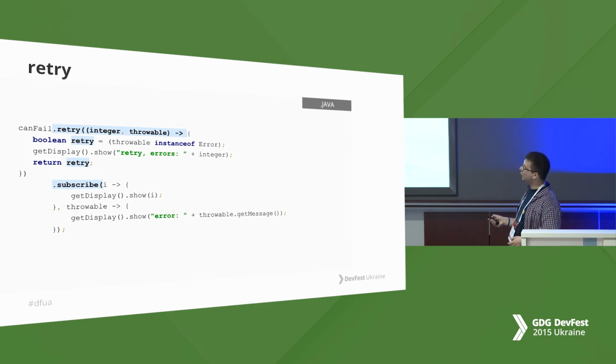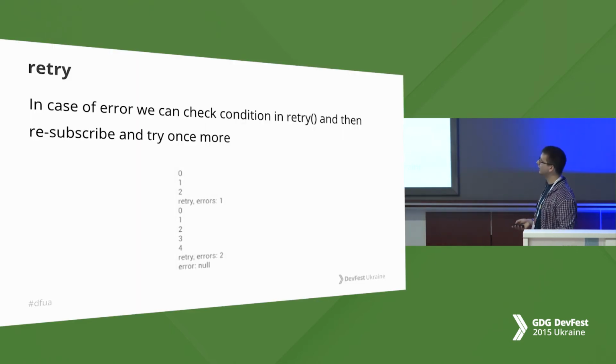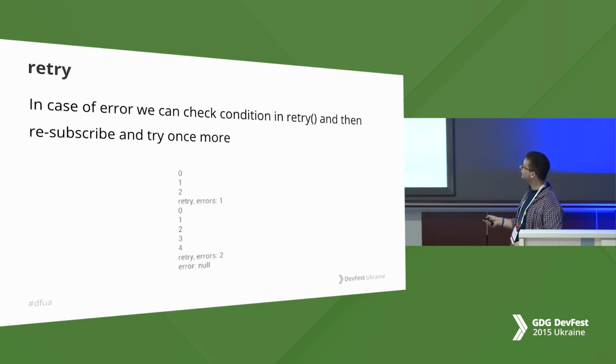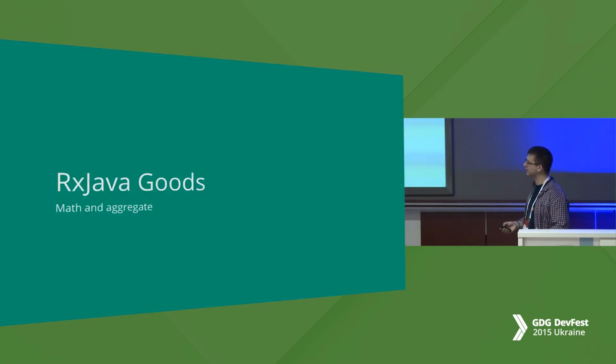Look here. We return true only when it is an error. If this logic meets a Throwable, it will fail. It will not retry. So we can control the flow of even error handling. And here you see an example of what happens on the third error. We see an error, first retry, and then we reconnect. The stream goes successfully until the 5 value, and then just fails once more and returns null because there is a Throwable without any definition, without a message.